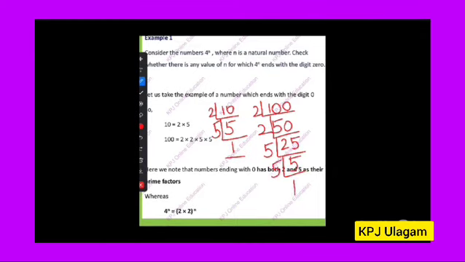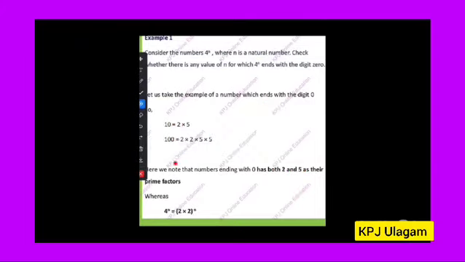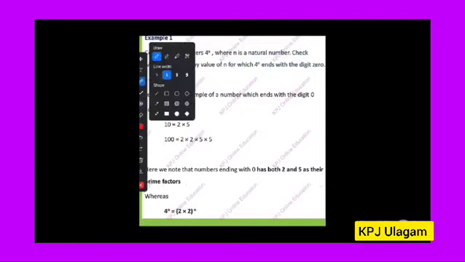Now look here. My answer has become 2 into 5 for 10, and 2 into 2 into 5 into 5 for 100. That's what I have written here. So my prime factors are 2 and 5 for both the numbers 10 and 100. Now, for 4, if we take the factors, my answer will become